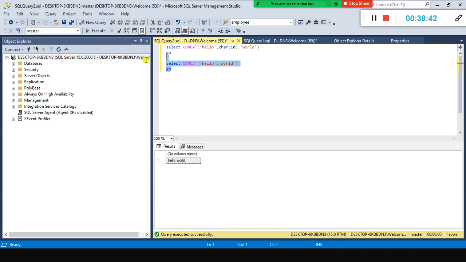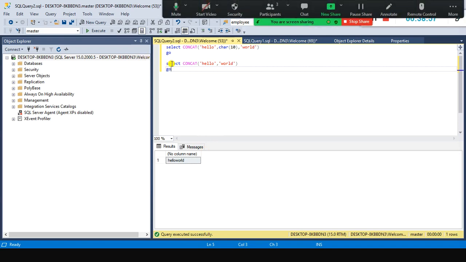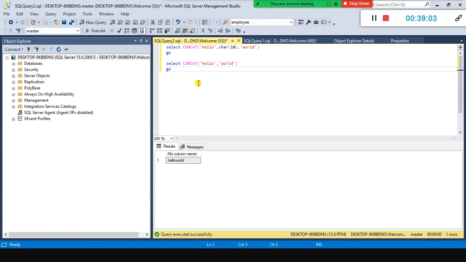But I need a space between these two strings after I concatenate them. It is not available. So use CHR 10, or the simple technique is to leave a blank space between them. You can do it that way. You can concatenate more than two strings also.